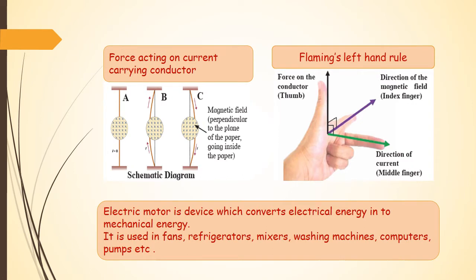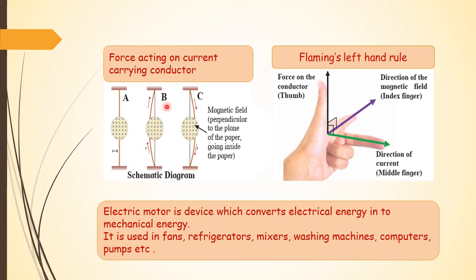If a current carrying conductor is kept in an external magnetic field, then it will experience a force. Now just see, this cross means what? A magnetic field is directed inward. Here there are three diagrams A, B and C. In diagram A, you will find there is no current inside the wire and field is directed inside over here. So this wire appears to be straight.